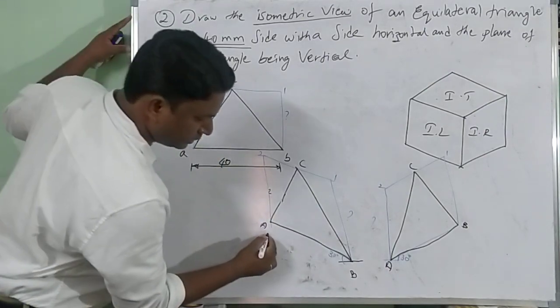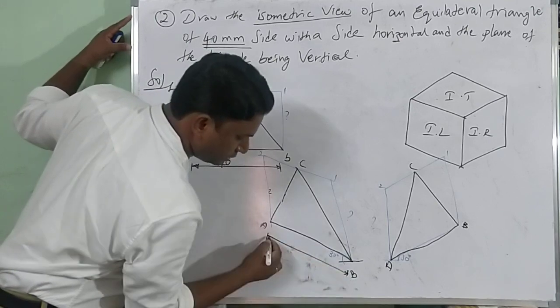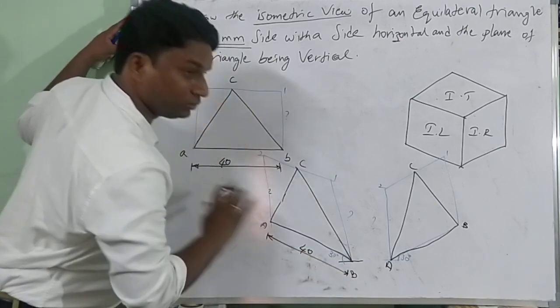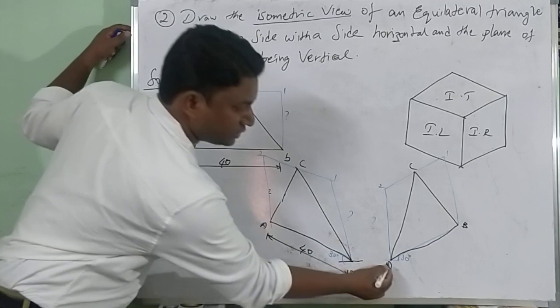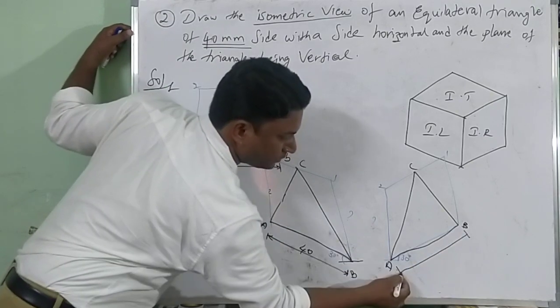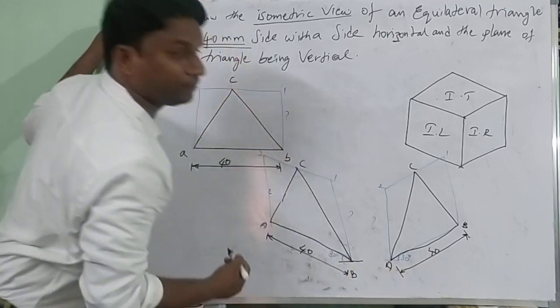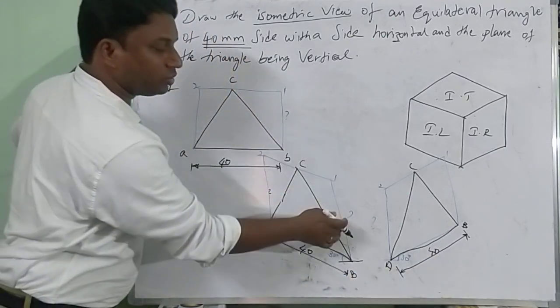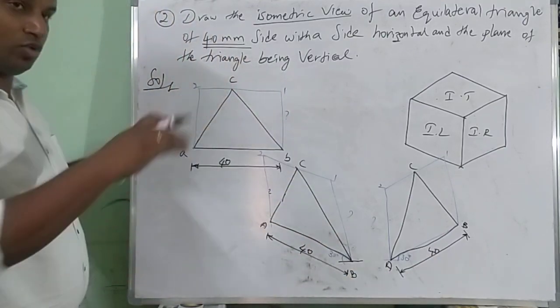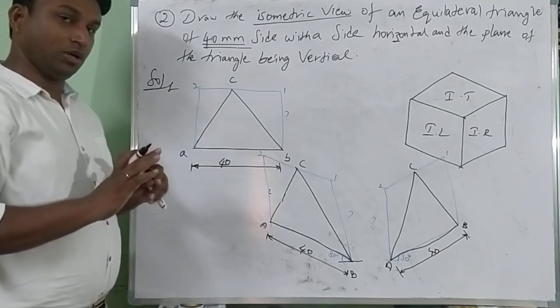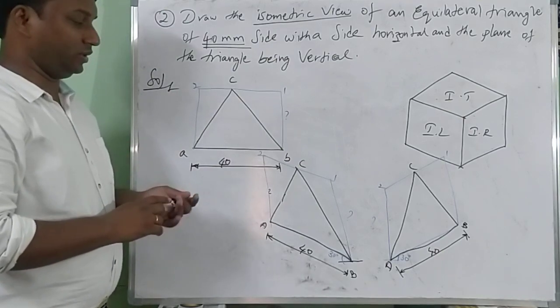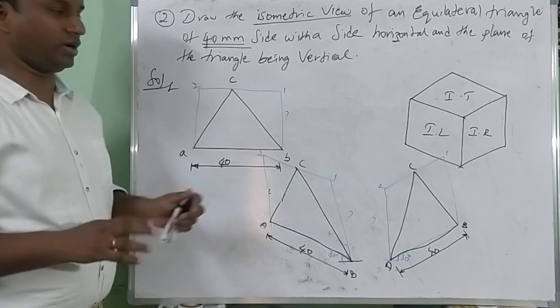Now dimensions, AB it is 40 original, isometric view, no diminution. Now here it is 40. No need to show this height dimension. Why? Because we are using that box just for reference, not as the regular answer. So this side will be 60, equilateral triangle.